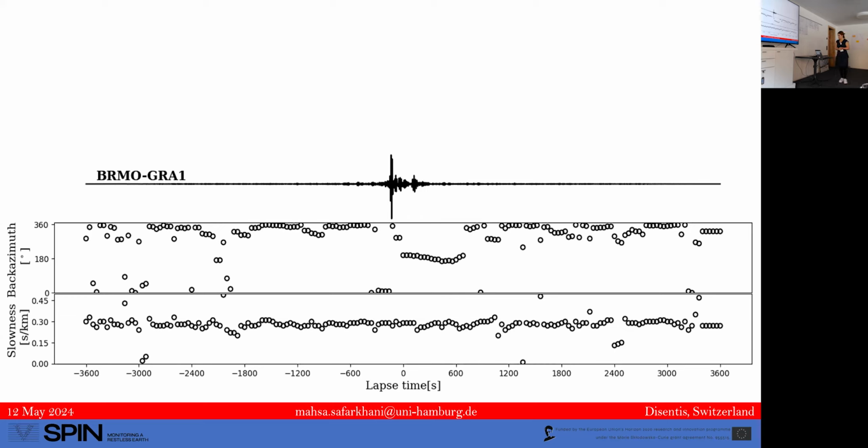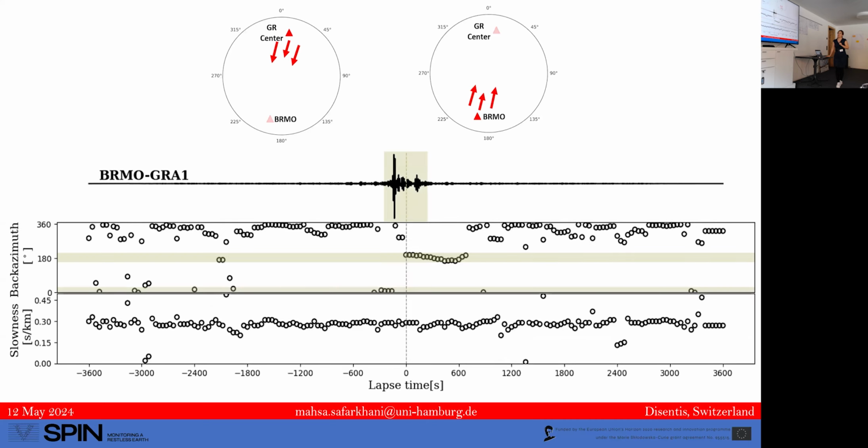So this plot shows us 3 distinct arrivals. Two distinct arrivals can be related to the direct arrivals, actually the Rayleigh waves with a slowness of about 3 seconds per kilometer, coming towards the master station in the causal part and away from the master station in the acausal part. This is exactly what we expect in seismic interferometry. But, however, about the later part.